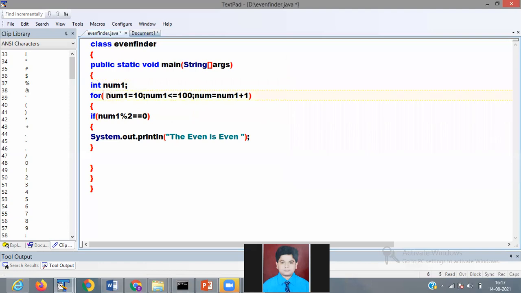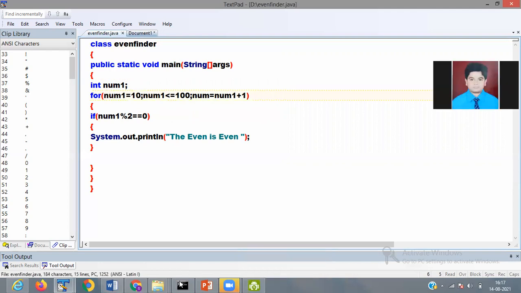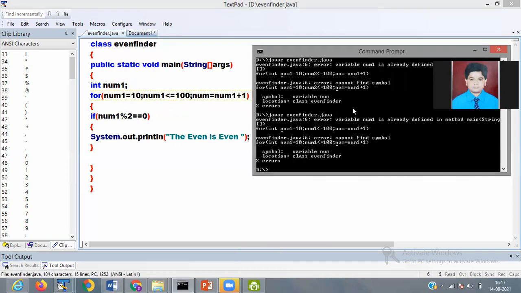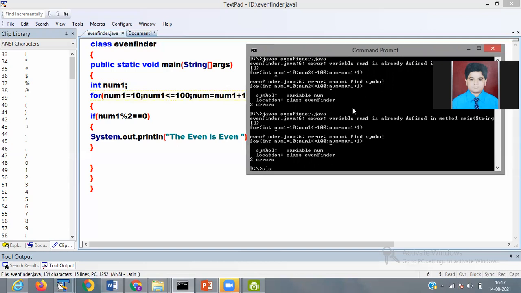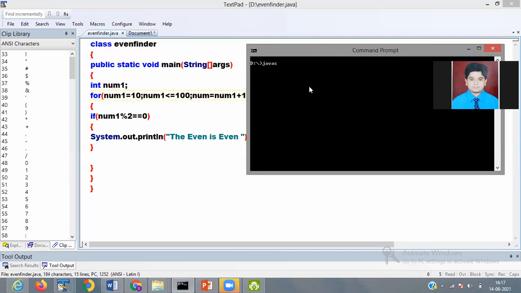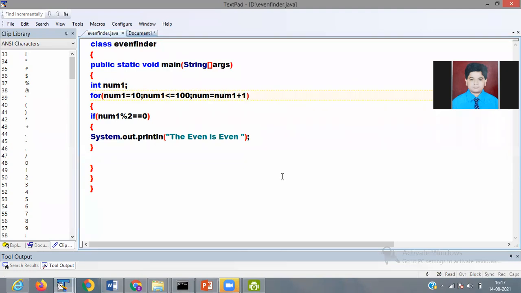As I define int once, again int is not required. Then javac, within num1.